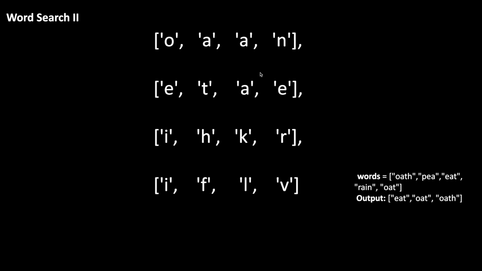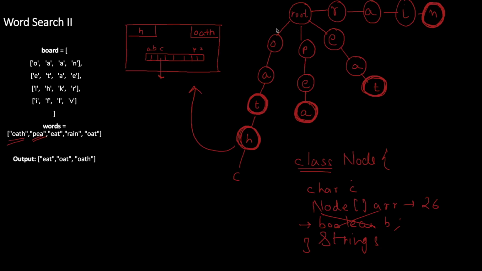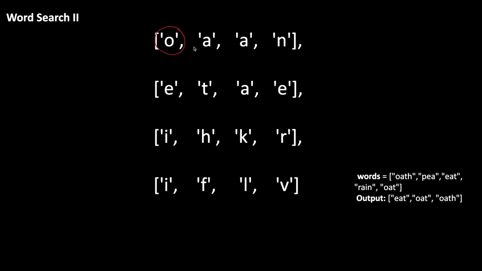Okay, so consider the trie structure with you. What you can do is simply iterate over this board array given to you, correct? So let me just iterate over it. First I will be over here. I will check whether there exists a node with value O linked to the root. If you see carefully, in the trie structure we actually have a node with value O, correct? So once you have found a node, what we are going to do is call a recursion on the four sides, that is to the right, to the top, to the left, and to the bottom, correct?